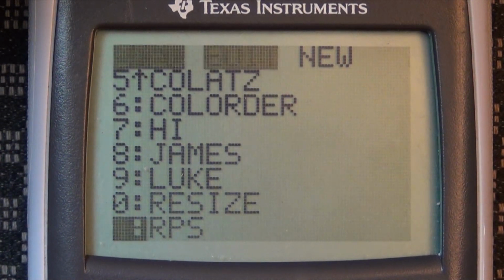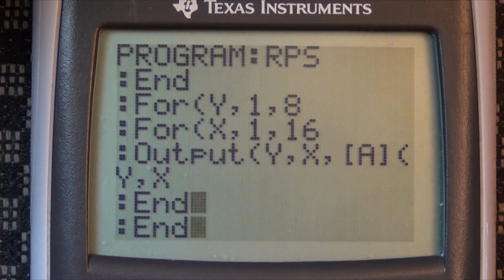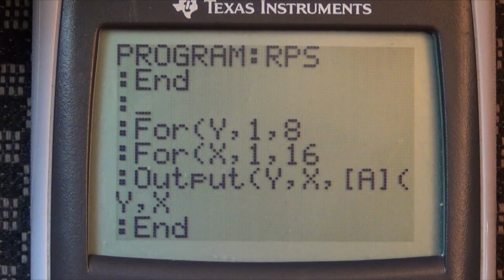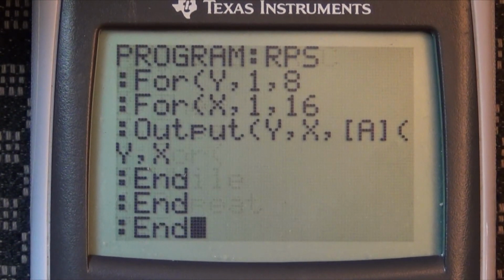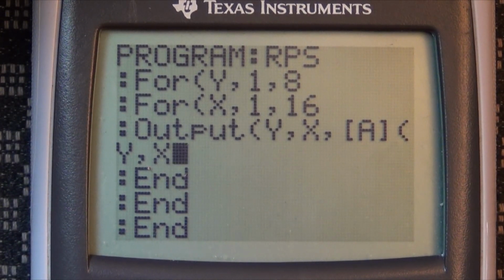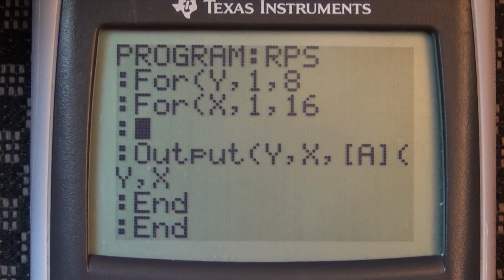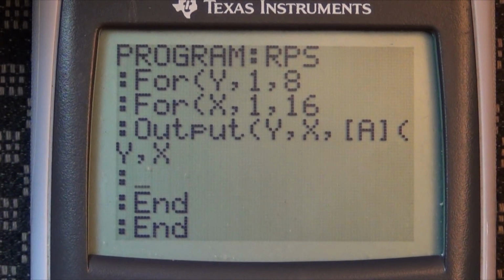Let's go with that. So, while 1, because I'm going to infinite loop, I'm going to output it, but then actually, I'm not even going to output it. Yeah, I should. That way we see the first iteration. And then what I'm going to do is I'm going to go through and I'm just going to